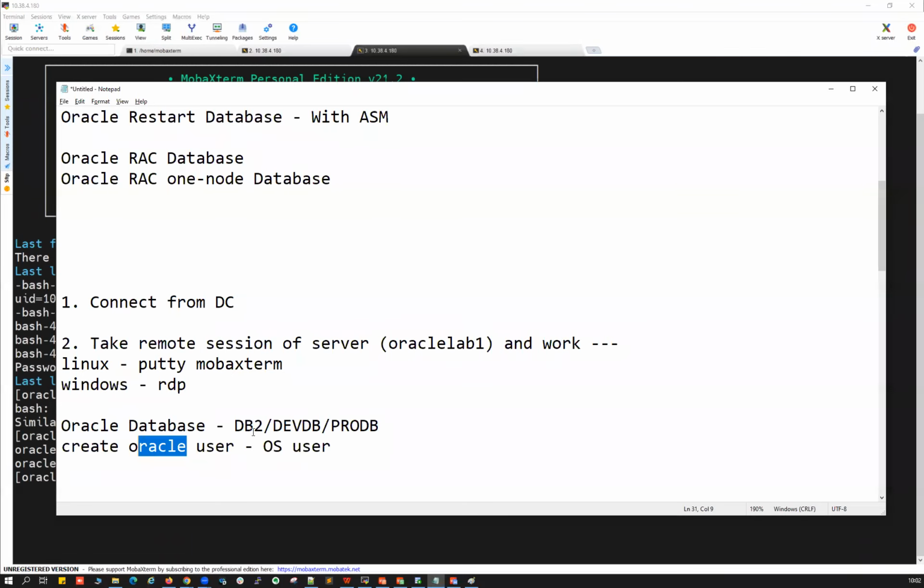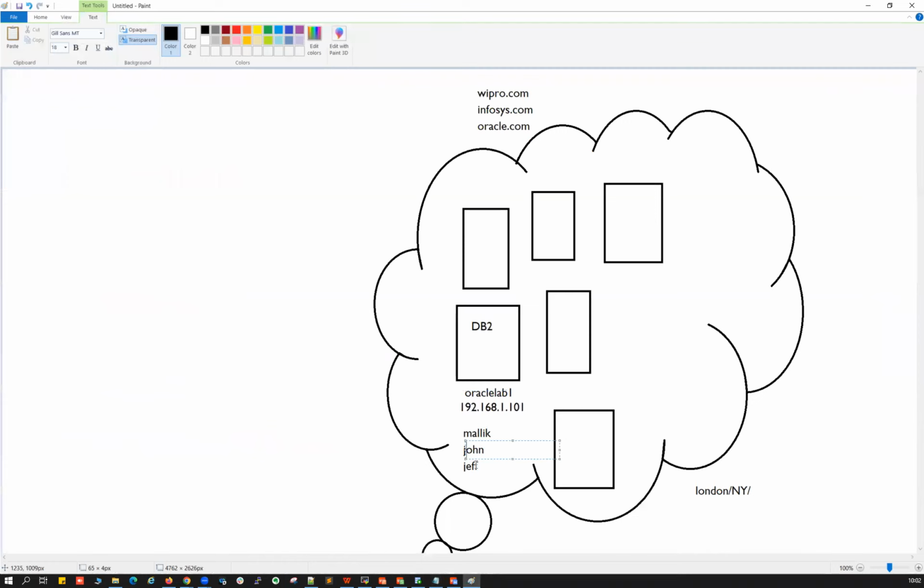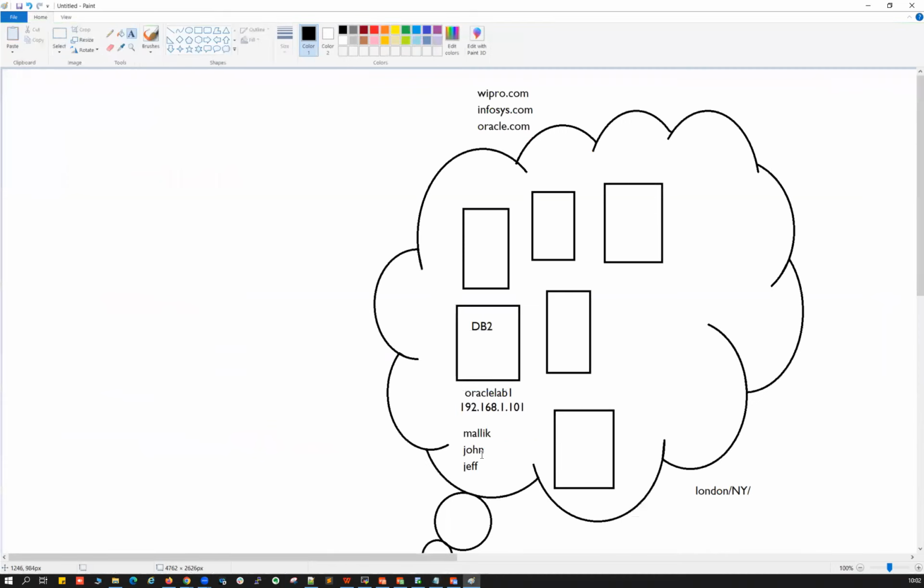One thing we need to understand, all DBAs have our own OS users. For example, John, Jeff, Malik, all these DBA OS users will be created here. Hardly around 10, 20, 30 DBAs in any organization, so all user IDs will be created.